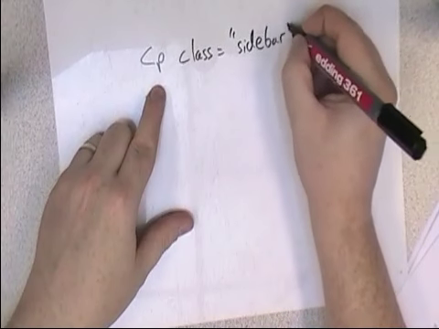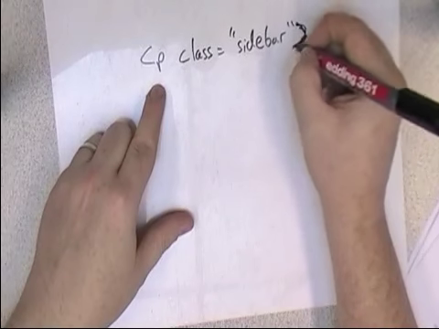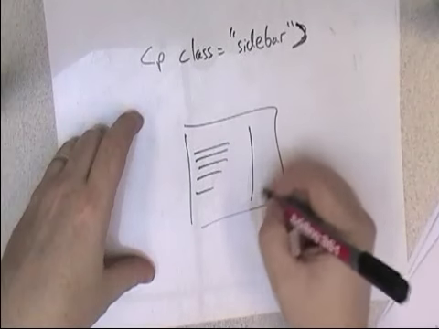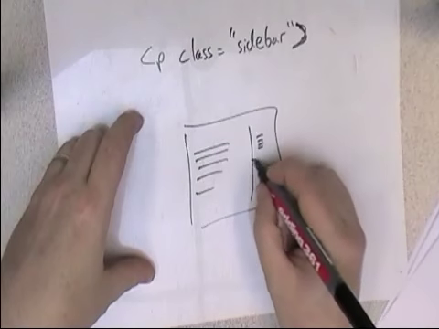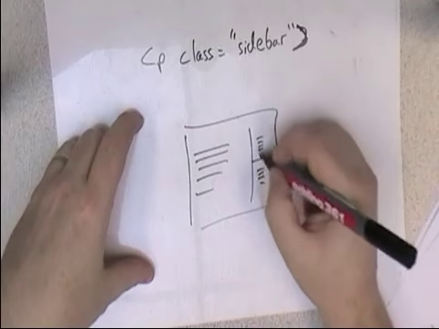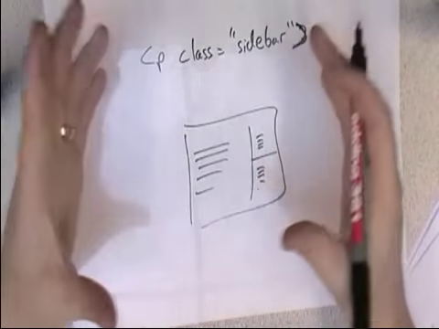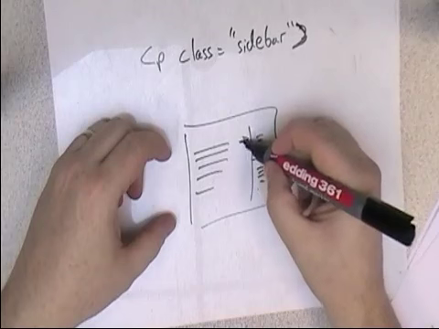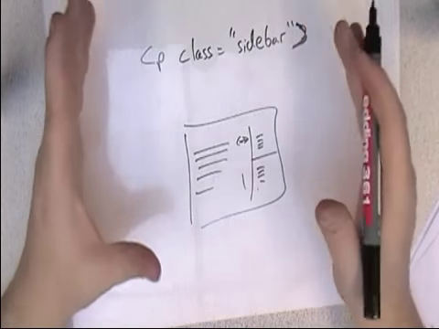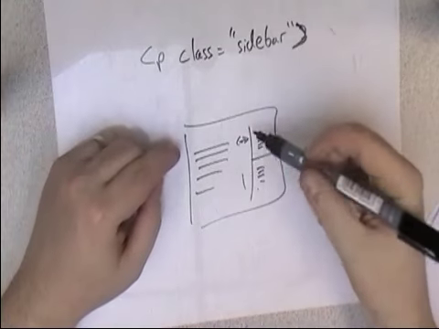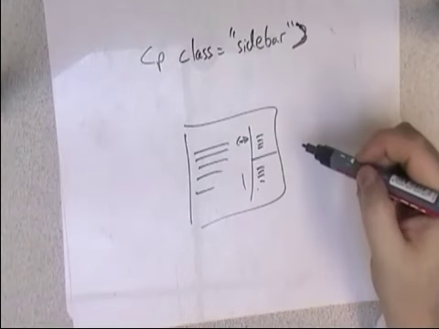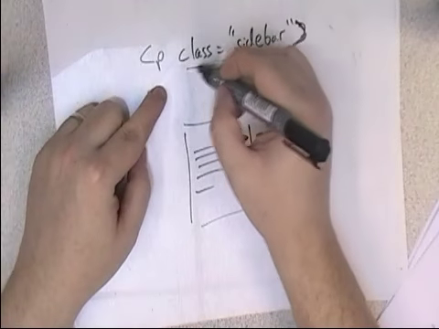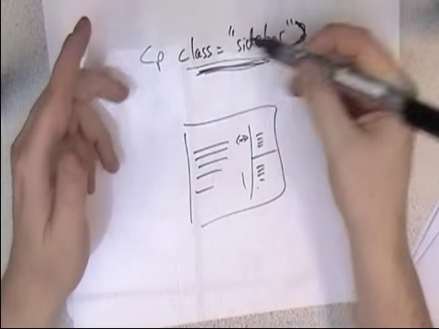Now that's because some of my stuff that's in a paragraph tag is going to be down the side of my website. So imagine this is my website. I've got some stuff here in paragraphs. I've also got a sidebar with some different sections in. These are also in paragraph tags, but they're in my sidebar. I want them to be different. I want them to be smaller, different font colour, aligned differently, using pixels or whatever to put the margins in, things like that. I want it to be different. So rather than having to use a completely different tag, what I can do is I can say the class is going to be sidebar,